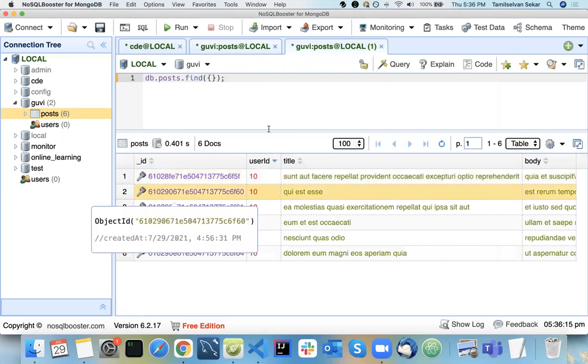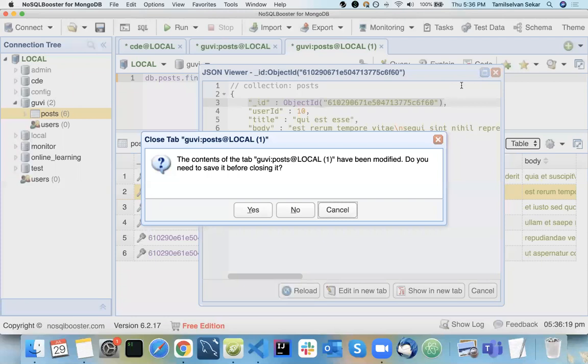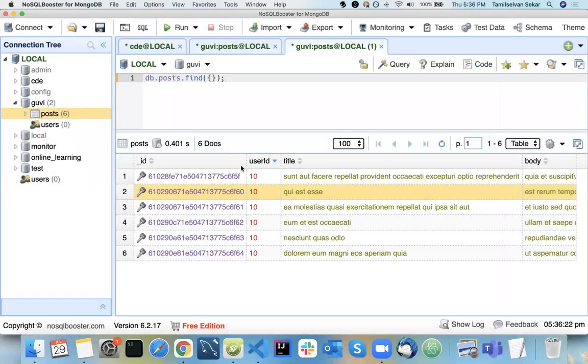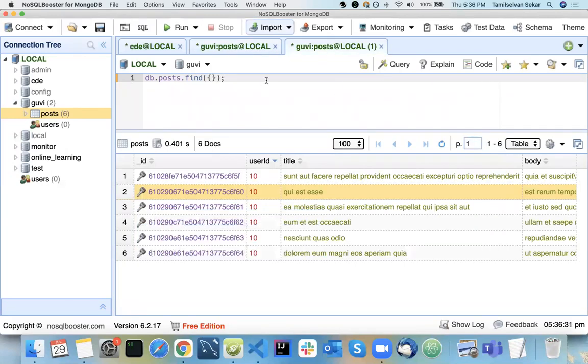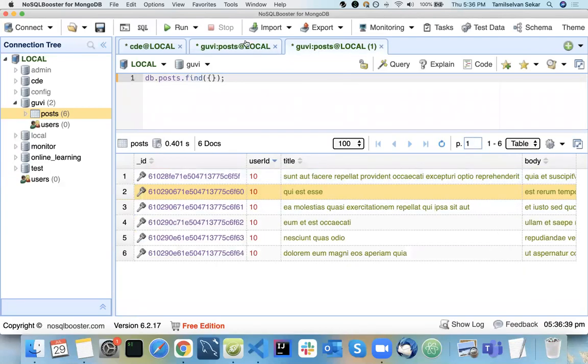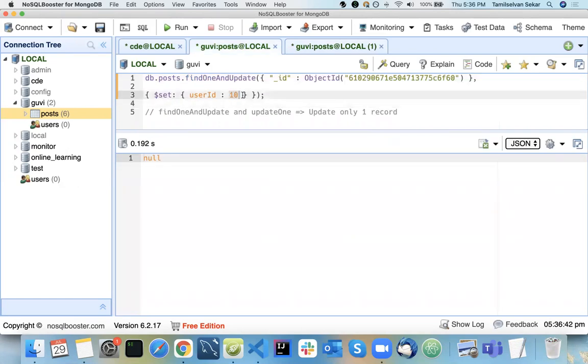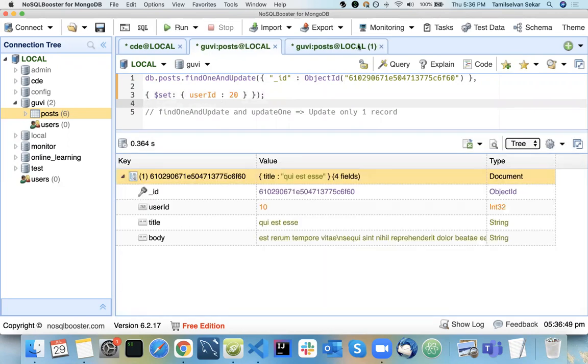So I'll use this as a condition: whenever the ID is this particular ID, 6F60. I'm selecting that particular data and updating my user ID or the title. I'll use user ID equal to 10 or something like 20. If I do this, again it's retrieving me the old record.